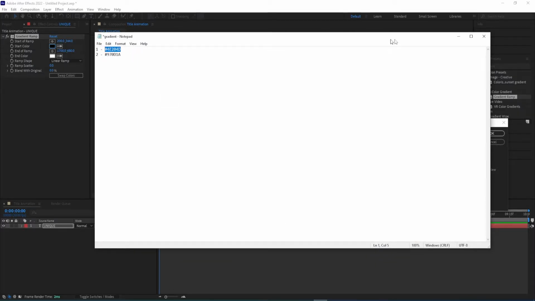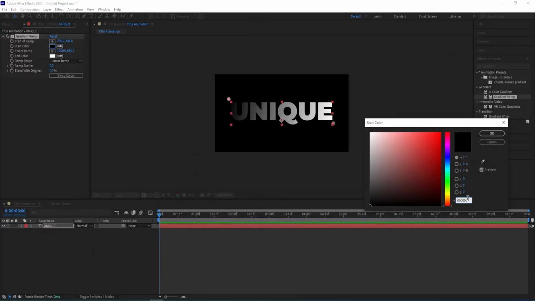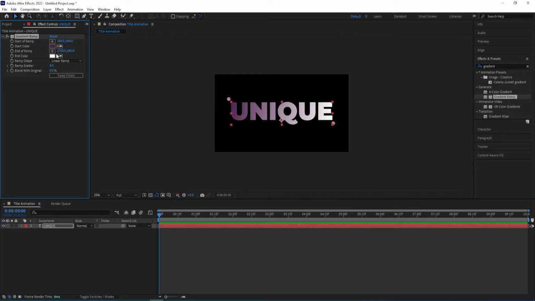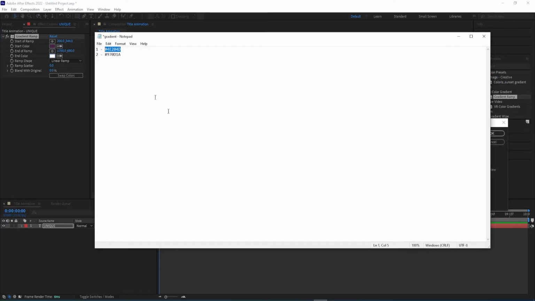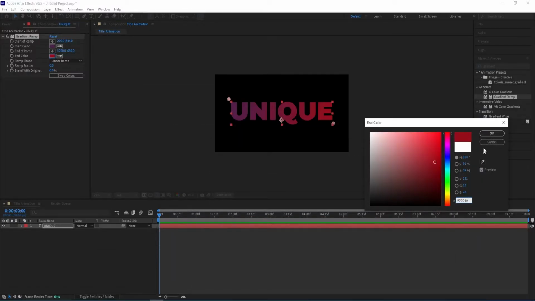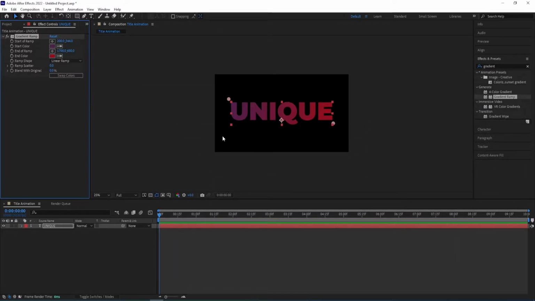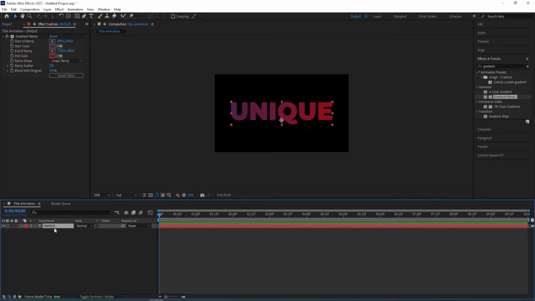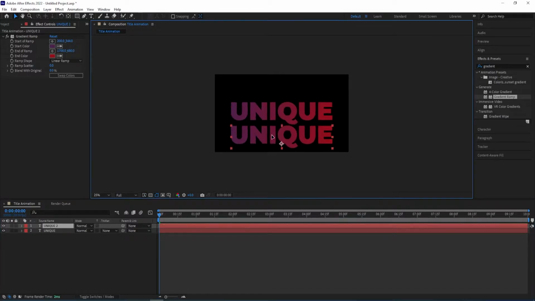So Ctrl C to copy the first one and then we paste it here. So Ctrl V to paste, and same for the second one. We select it, Ctrl C to copy and then Ctrl V to paste. Looking fine. And now we are gonna duplicate this text, so Ctrl D to duplicate and then move this down